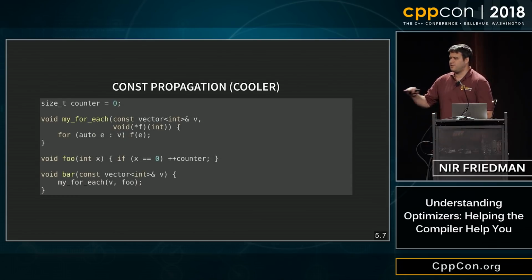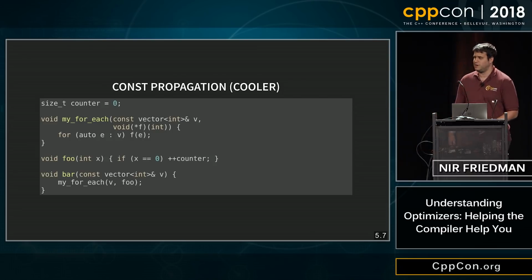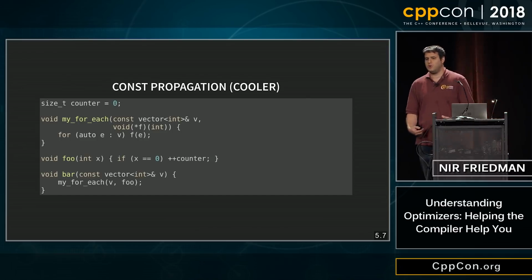And by the way, notice it has nothing to do with the keyword const, right? No relationship to keyword const. But we will talk about that too. Okay, so arithmetic optimizations are nice. Depending what kind of code you write, they might be important. But I think this is, to me, a more interesting example of Const Propagation.